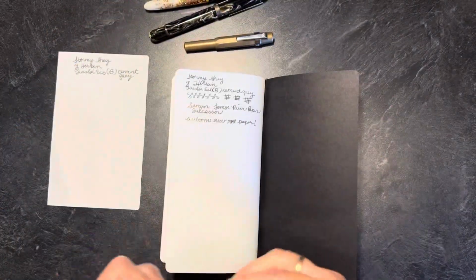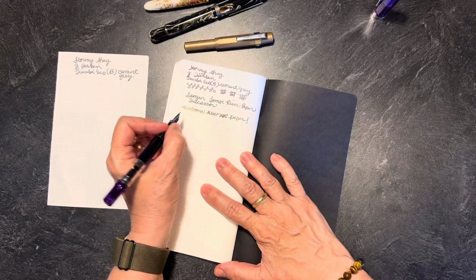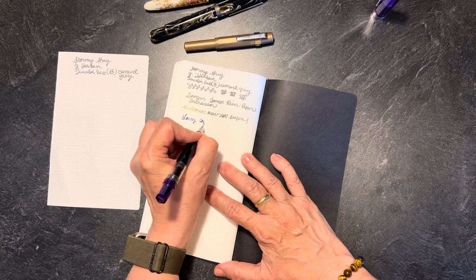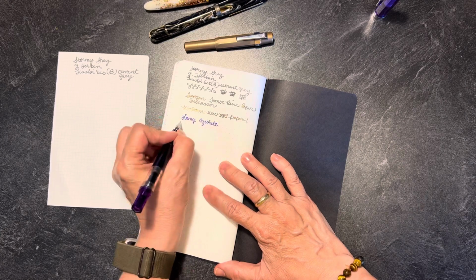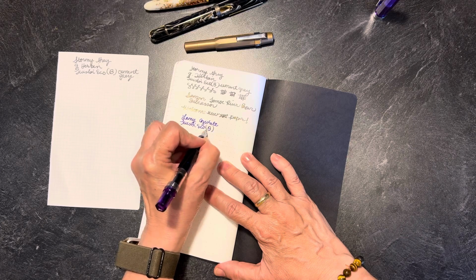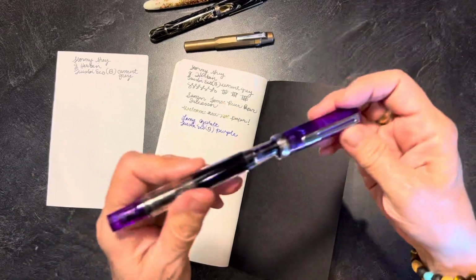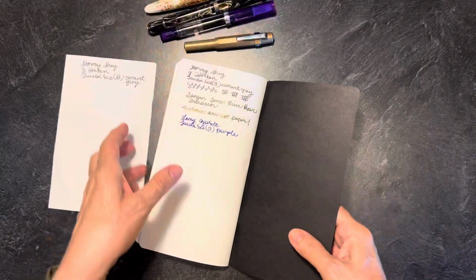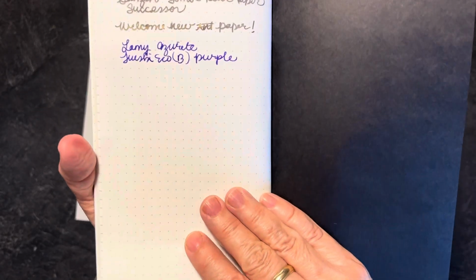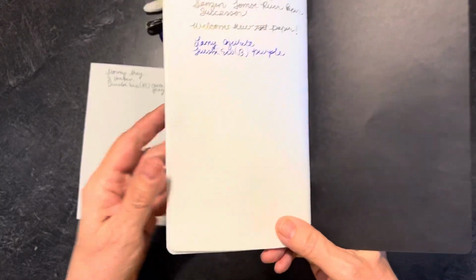Maybe we'll try another. Let's try the Lamy Azurite. Azurite, how do you say it? And again, this is in a TWSBI Eco broad nib. And it's my purple one. Because even within these, sometimes I feel like there's a little bit of a difference. That shows up really beautifully. This is a nice color. They call it white, but I feel like it's...